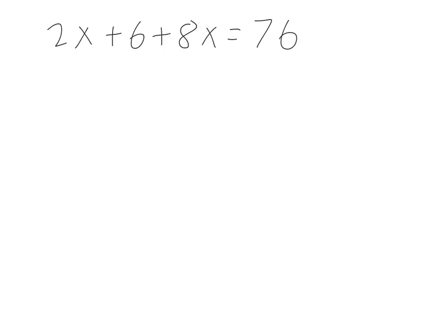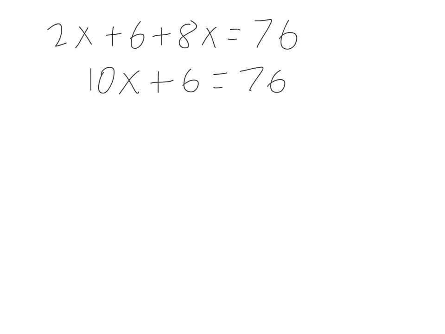Alright, so what happens if you have multiple x's in an equation? Well, we talked about this before. We combine like terms. If all of the x's are on the same side of the equal sign, so notice that both 2x and 8x are both on the left side of the equal sign, you can add them together, even though there's a 6 in between. So you just say 2x plus 8x will give you 10x, and the plus 6 just stays there,